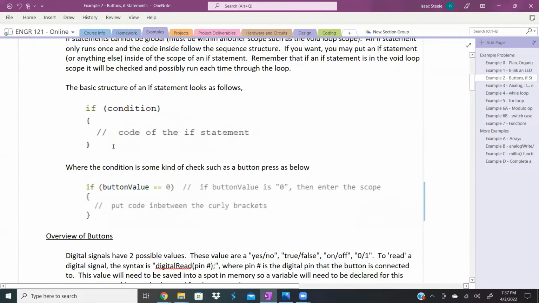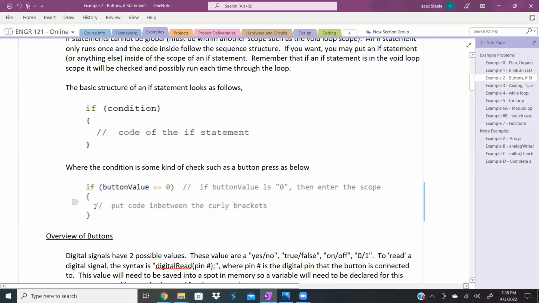All right, we're going to have to have some type of condition in there, and we'll talk about the condition a little bit. The condition is going to look something like this. There's going to be some variable that has some value stored in it, and so button value is a variable, and it's going to have some number stored inside of it. What this double equal sign does is it checks to see if those two things are equal. Is whatever is stored in button value equal to 0? Then the condition is true,